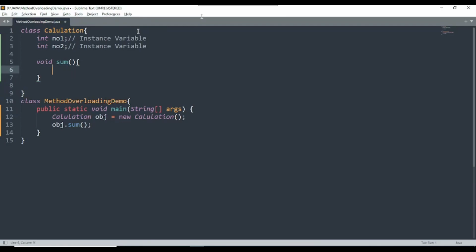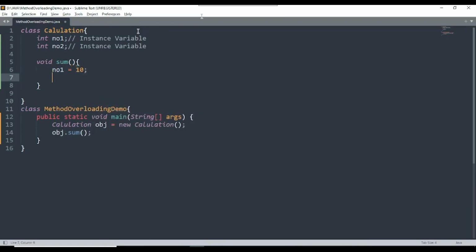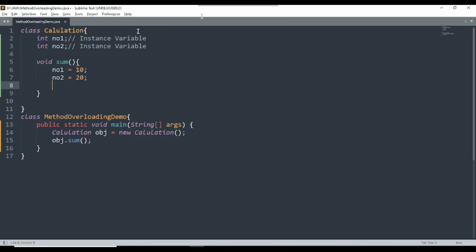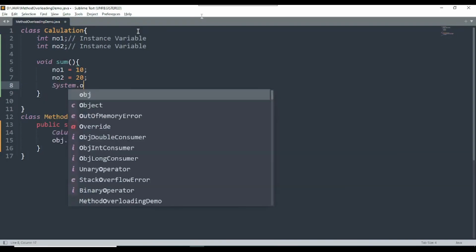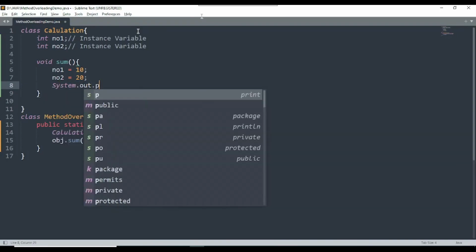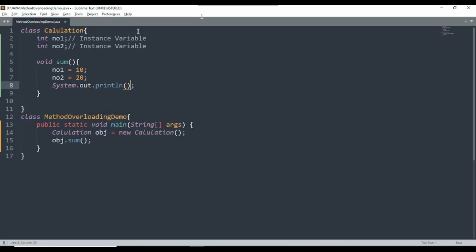So in the method I will write, say for example, number1 = 10; and number2 = 20. So now I am assigning the values to the variables, and System.out.println. I will print the output, say for example number1 + number2. Okay, I am concatenating with the static value "sum =". So "sum =" is a static value and number1 + number2, that is what we have done